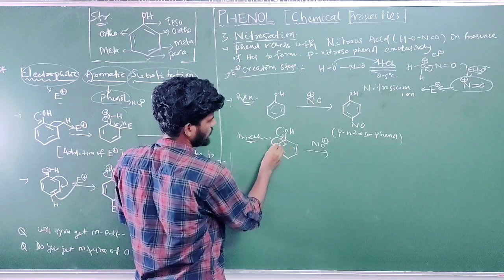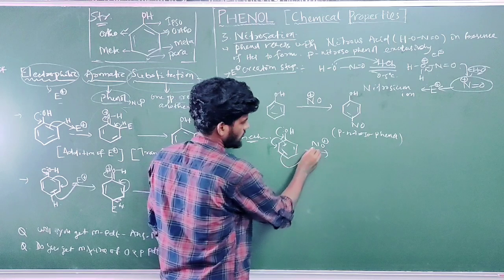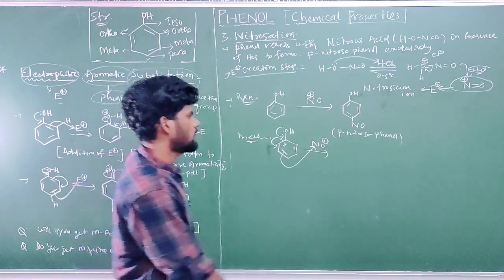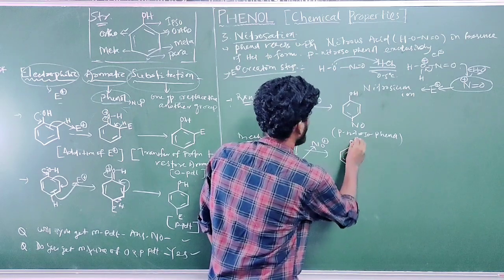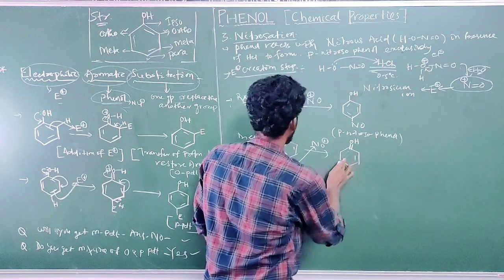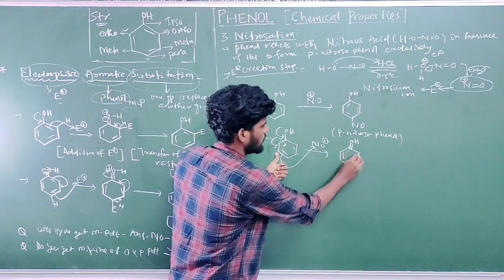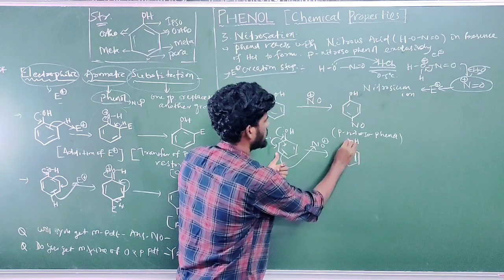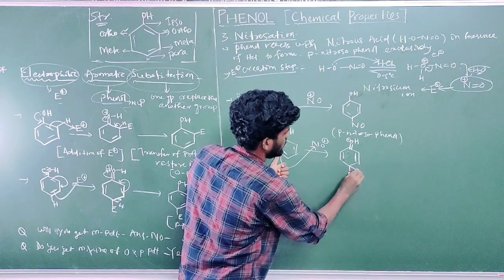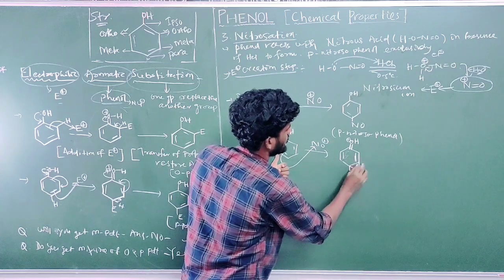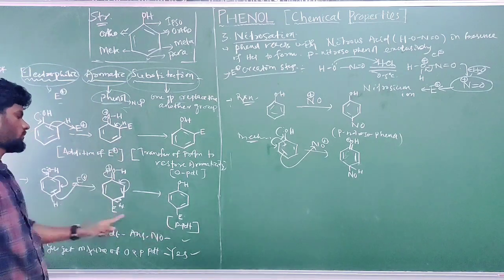This bond moves over to form a carbon-carbon double bond, and next this bond attacks the NO plus at the para position. This bond now moves over to the carbon-carbon bond, so there is one double bond here only. Oxygen donates electrons, giving a positive charge over oxygen, and here the electrophile NO is attached, and one hydrogen is present also. Similar structure, the same structure. This is the para product.